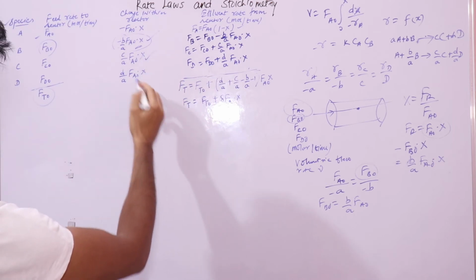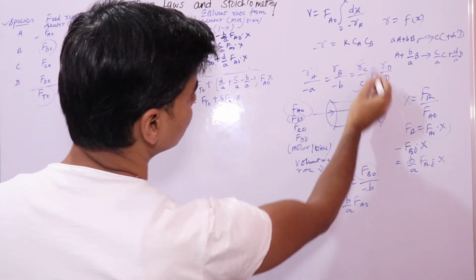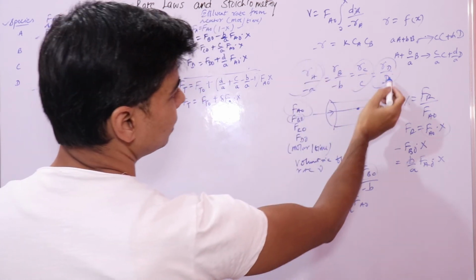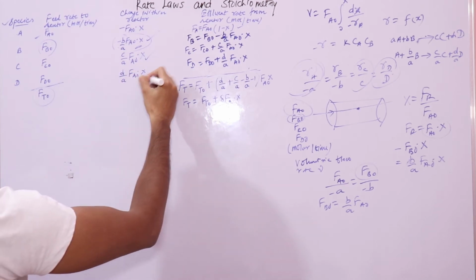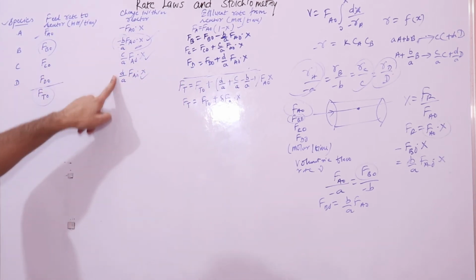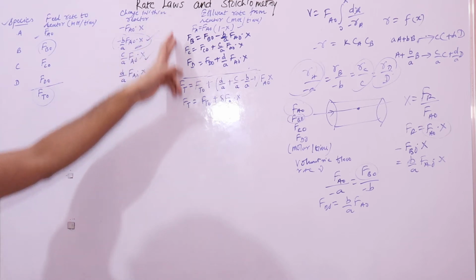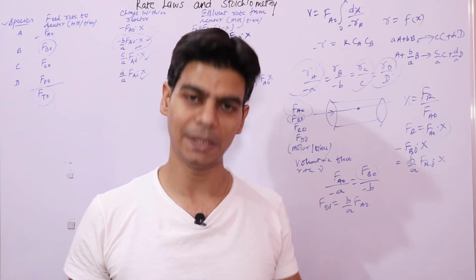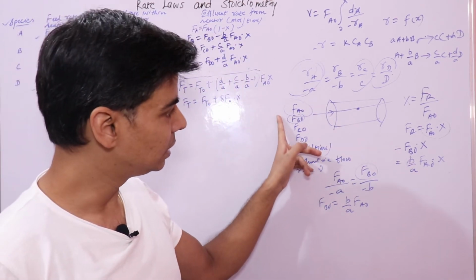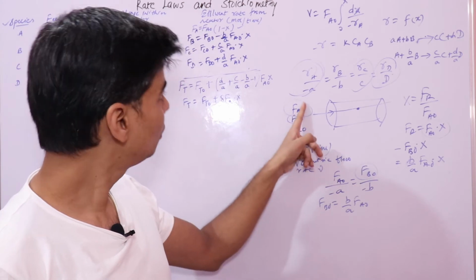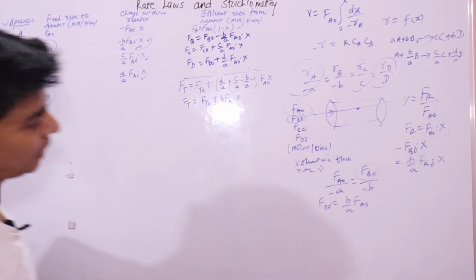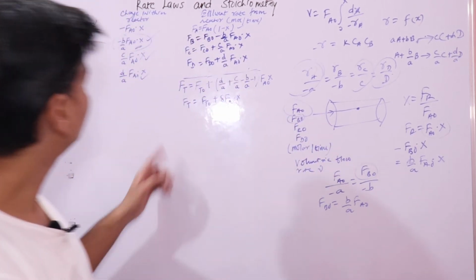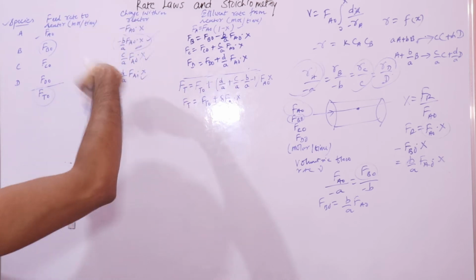This is how you will get Ca if you compare these two. If you compare this and this, you will get D in terms of A. So this is all you got. This is how you make this third column. Now let's come to the fourth column. The fourth column is how much of it is remaining. If you have passed Fa0 initially, out of this Fa0, this much has reacted. What we are showing in the third column is how much has reacted.